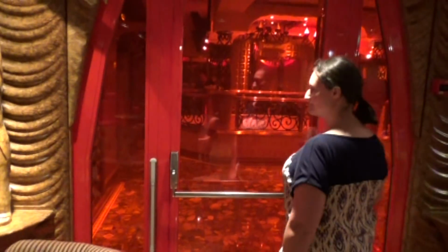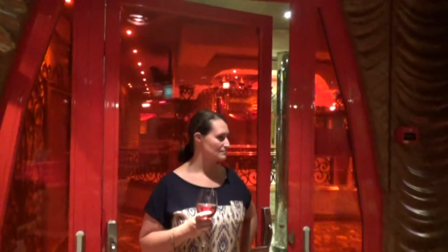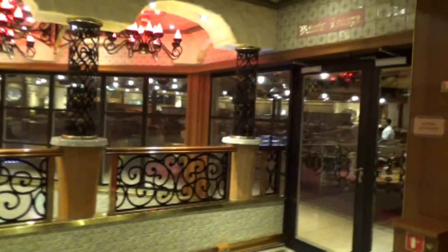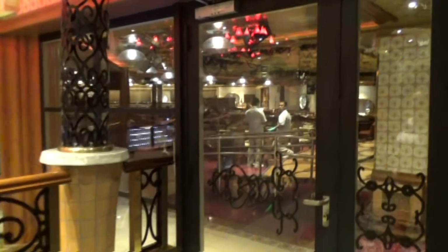Also, you can tell it's a bit of an older ship as there's giant doors to get in and out of all the different lounges on this floor. Some of the other ships of this same kind of classic cruise ship type do not have that. Now over here is the Victoria Lounge, which is where you would find all the comedy clubs and things like that on the ship. We saw one of the shows,